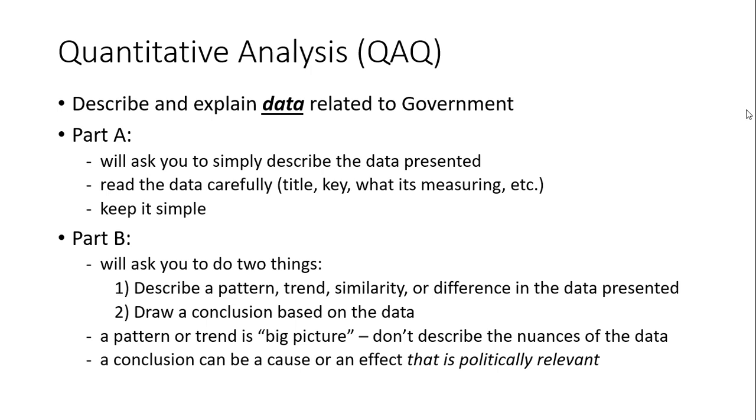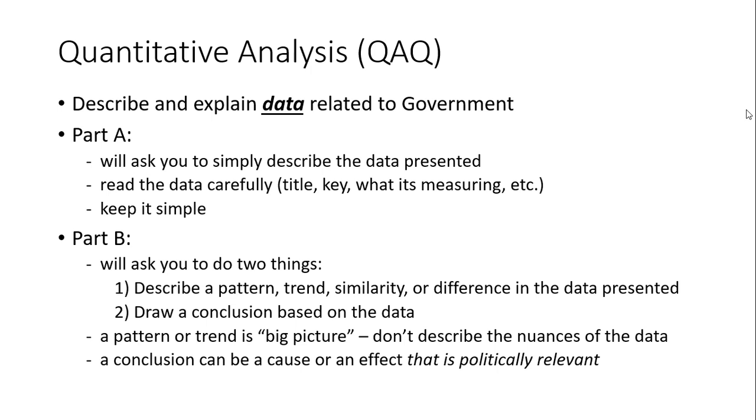If the data is showing you something over a period of time, a 50-year stretch, don't focus on 1 year of those 50 years. A trend or a pattern says, look at the whole of the period. Look at all of this. What do you generally see is going on here? What does the data generally tell us? There's always anomalies. There's always exceptions or fluctuations in data, but we're always looking for kind of the big